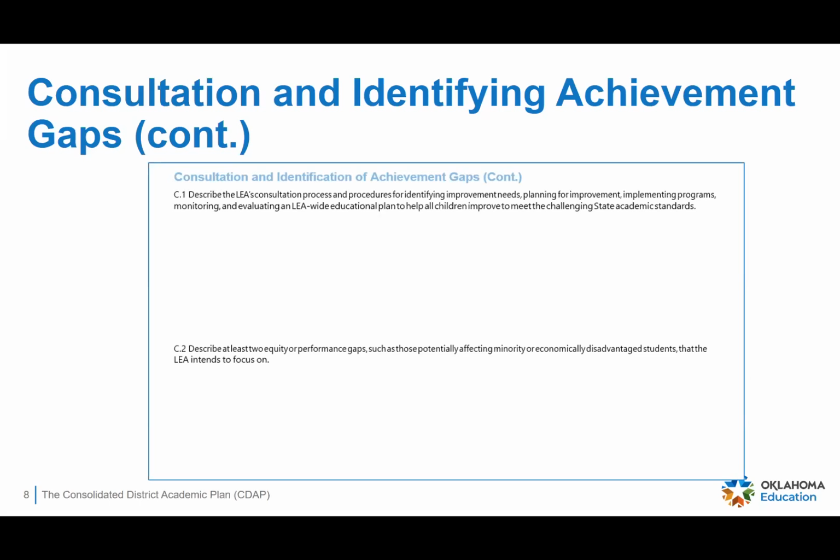How do you identify needs? What's your process for planning and implementing, monitoring, and evaluating? So this is a very open-ended place where you summarize the information that's going to be contained in the rest of the CDAP. So how do you go about doing these things? So the first thing is your procedures. The second then is